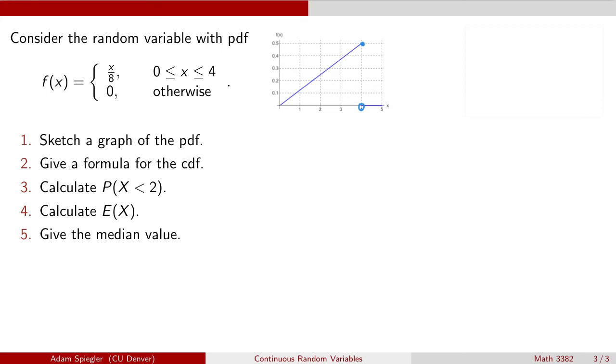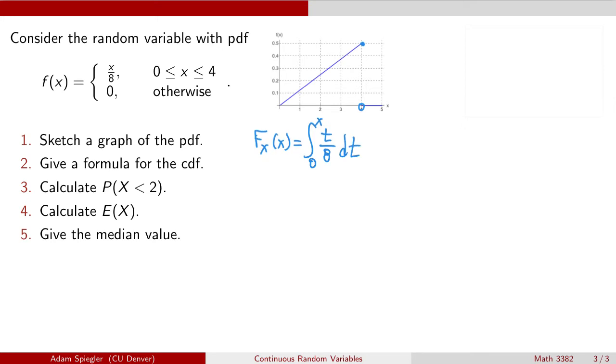And you could check and just verify to yourself that the total area beneath this graph, if I were to calculate the triangle area beneath this graph, should come out to 1, since the total area beneath this graph should be 1. And so if we want to find a formula for the CDF, recall that the CDF is the antiderivative of the PDF. So I can integrate this from its minimum value up to whatever value of x I want to specify. And what I would integrate would be